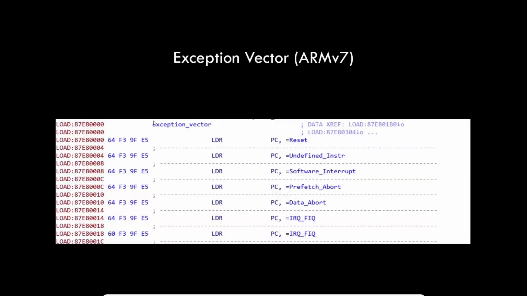Again, in the ARMv7 architecture, you have an exception vector at a certain address, which is stored in the VBAR register, the vector-based address register. You go to this address, and at an offset of 08, you have the starting of the handler for the SMC.